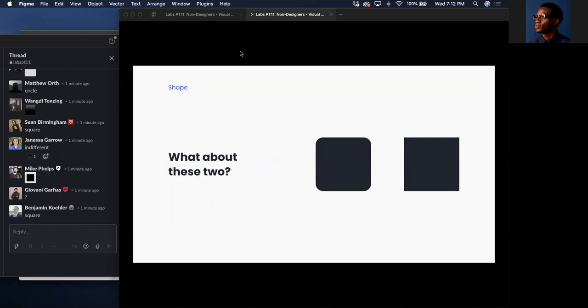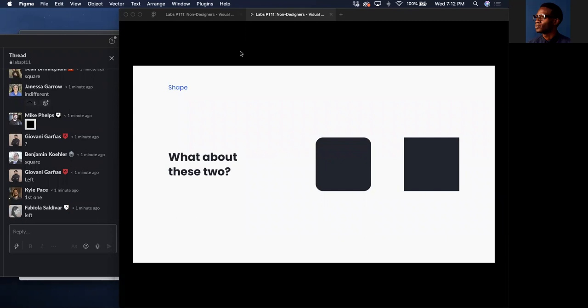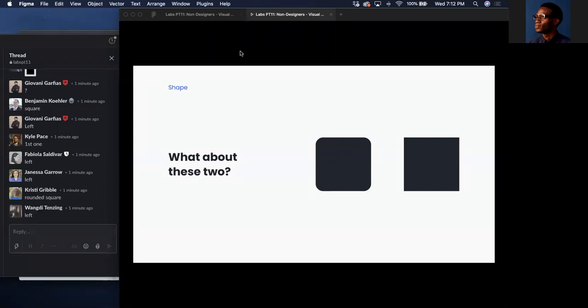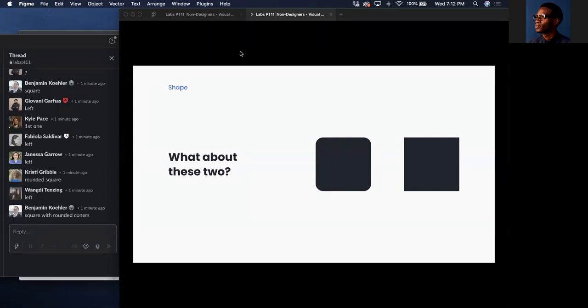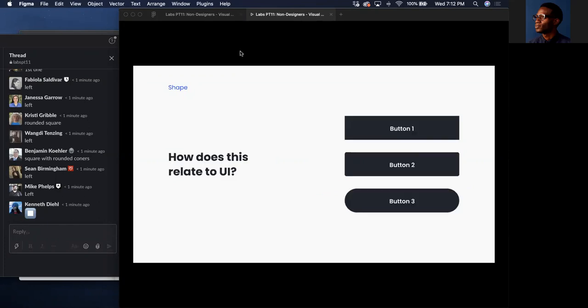Now, how about these two? And so there is a square with really firm right angles, and then the one on the left is a square with rounded edges. Cool, interesting. So,